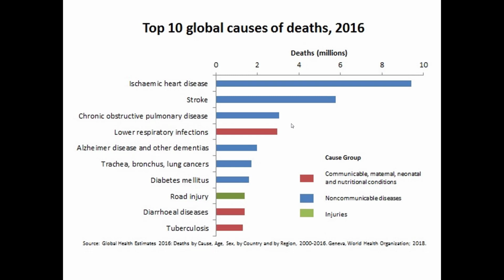The report was published in 2018 by the World Health Organization. The data was collected back in 2016, and not much has changed since that time. We found that, globally, similar to the US, there are higher rates of death attributed to non-communicable diseases as opposed to infectious disease. Then we've got things such as unintentional injuries or road injuries, and those are really in a category of their own.